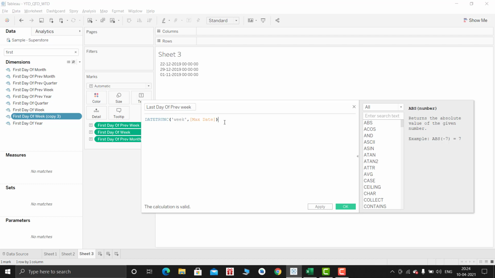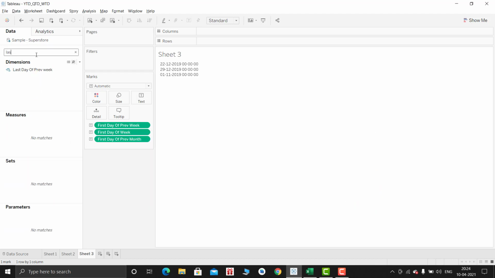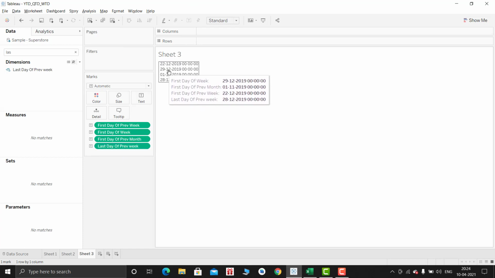And within the first day of the current week, add -1. Just drag and drop to see what the exact date is. It should be 28, because 29 is my first day of my current week, then the last date becomes 28.